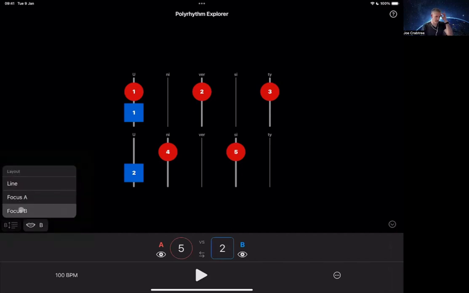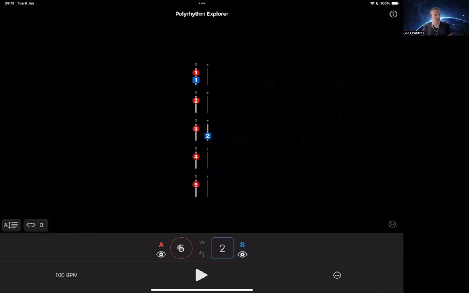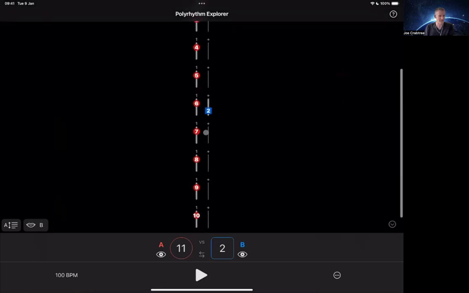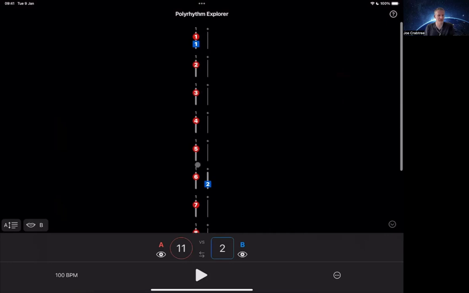So focus on A. If we had an 11 against 2 polyrhythm, it's just 11 counts, and then the 2 comes by putting a blue one on the end of 6. So 1, 2, 3, 4, 5, 6, and 7, 8, 9, 10, 11. 1, 2, 3, 4, 5, 6, and 7, 8, 9, 10, 11. But if you lay it out the other way,